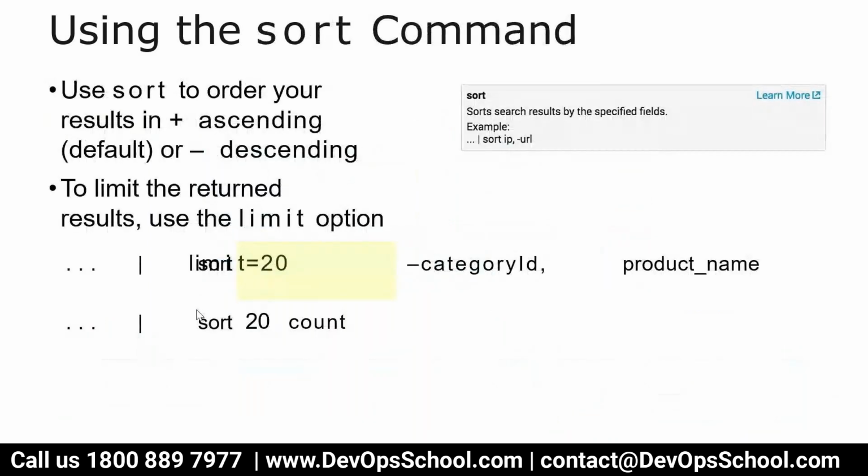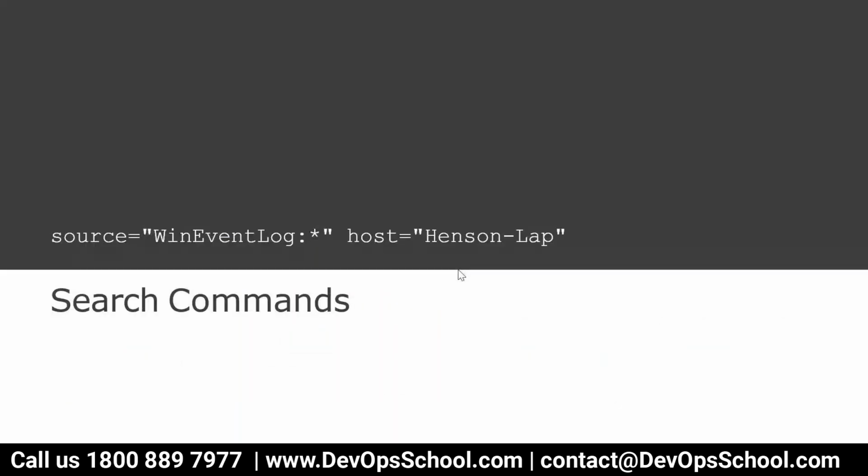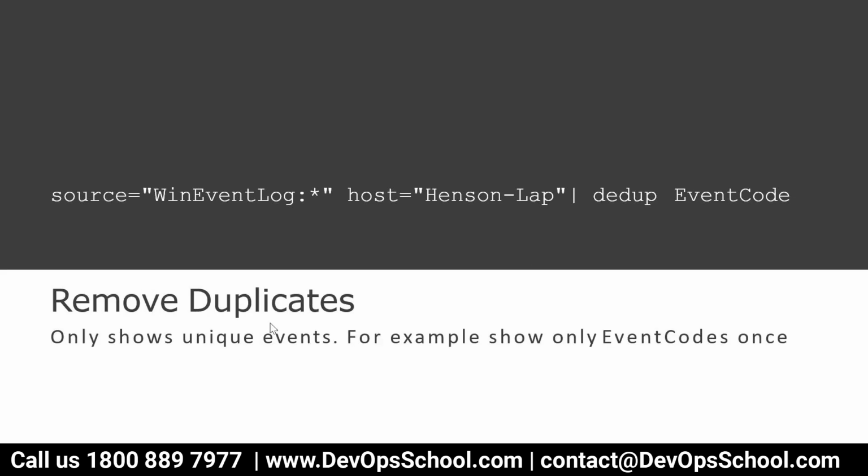Sorting, I think that's something which I don't have to explain to you. So sorting by ascending and descending order. So look at this one, pipe sort by IP, which is a field, and URL is a field. Now sort again, few more examples are there. Search commands. So here, look at this. This I told you actually. So filtering, dedupe,